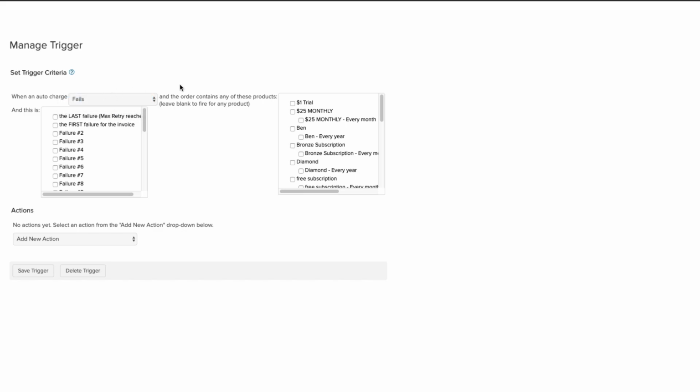So when the payment fails, when the auto charge fails, and the order contains any of these products, we need to go find our gold product, and here it is right here, our gold every year product. This way, the actions will only apply if it's actually the gold every year. That's my yearly subscription. If it's my yearly gold membership product, you'd want to do the same for your